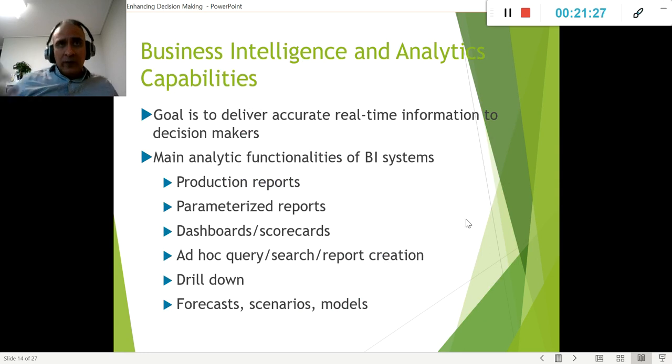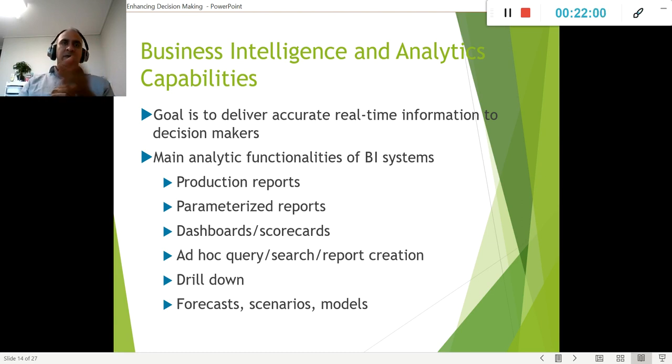So this is where we go here, when we go to the capabilities of this software. When we get these softwares, we can produce reports of the things that we want. For example, it could be in terms of the production. Parameterized reports. We put some parameters. I need you to present the relationship on... It's not just a big amount of data. I just want you to present specifically the relation between this one and this one.